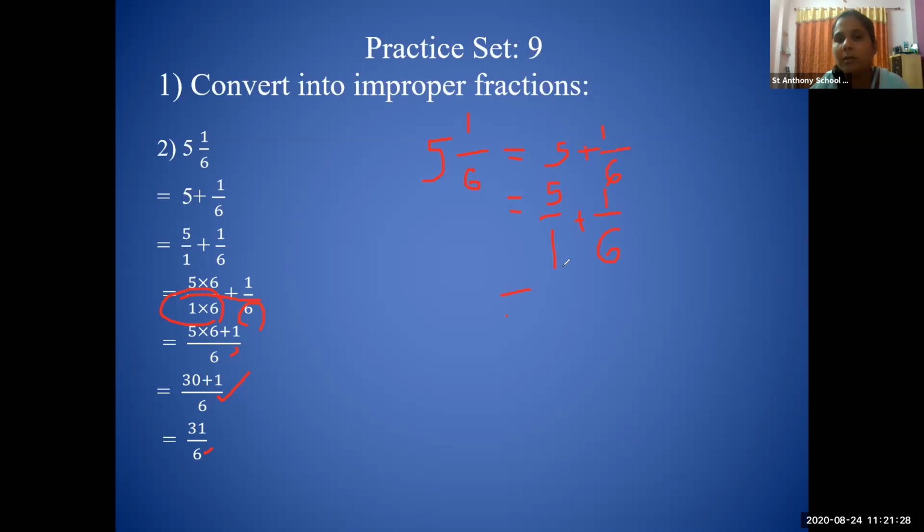Now, here the denominator is 1, here the denominator is 6. So we have to convert the different denominators into the same one. So what are we going to do? We will do cross multiplication. So in cross multiplication, I will multiply this 5 into 6. जब भी different denominators दिखते हैं तो हमको cross multiplication ही करना पड़ेगा.